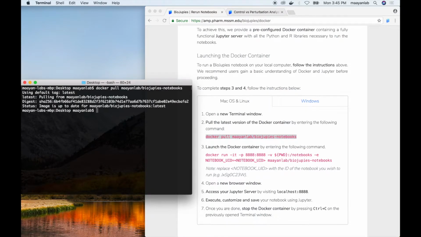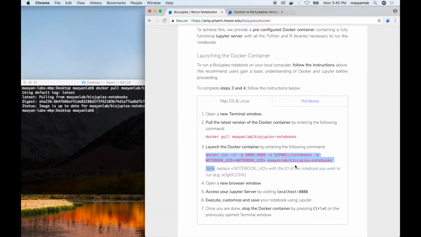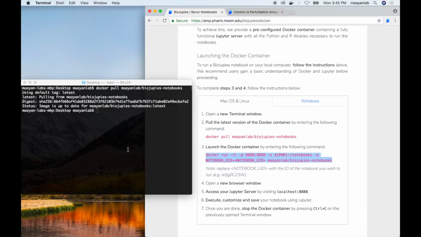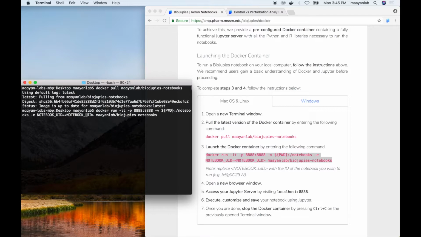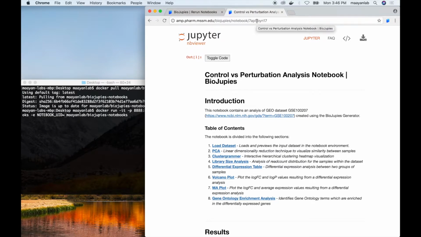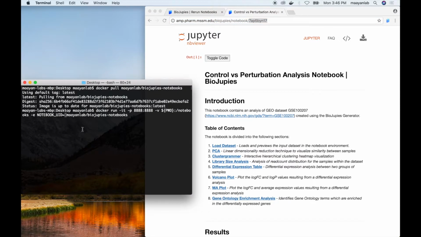In this case, the Docker container is updated to its latest version. For the second part, they will copy the second command, which allows users to run the Docker container on the local machine. The user is then required to replace the notebook ID with the ID of the notebook that they're interested in rerunning. So in this case, we can go ahead and copy this string, paste it in the terminal window, and then